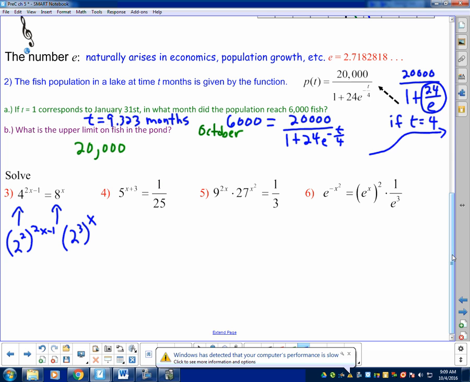Multiply. So this is actually 2 to the 4x minus 2, don't forget to distribute it to both terms, which equals 2 to the 3x. Now, the method of same bases, what does it say? You drop the bases. If the bases are the same, if they match, you drop them, set the powers equal, and do some quick little algebra here. Add the 2 over, subtract the 3x over. So x equals